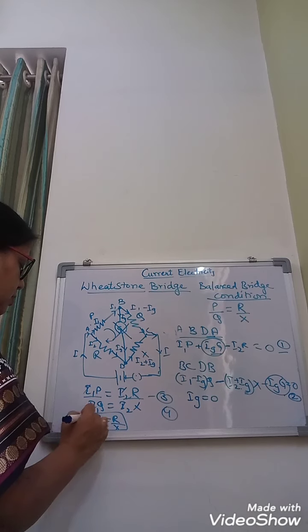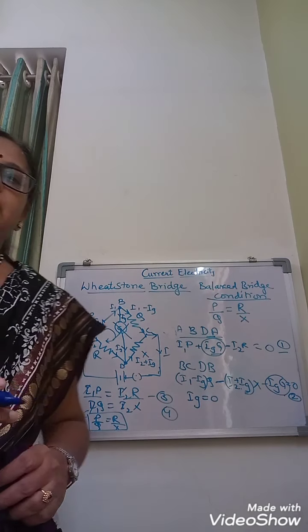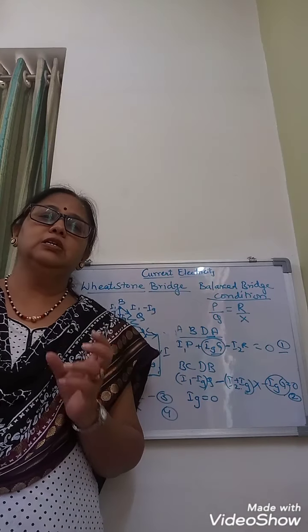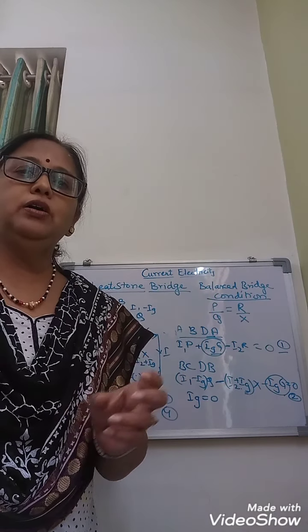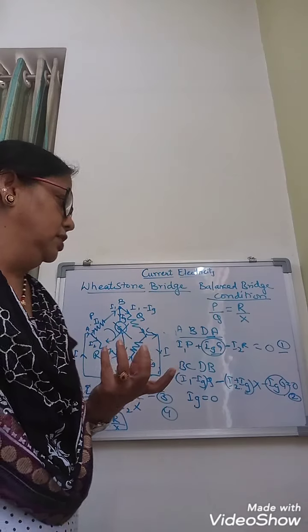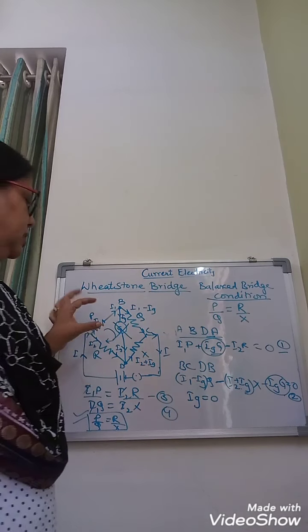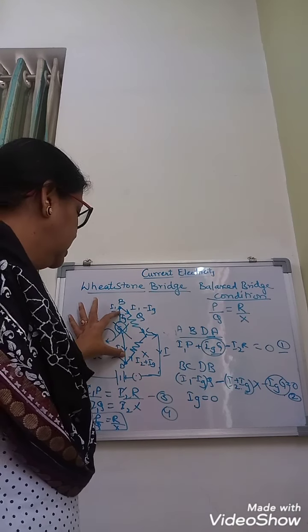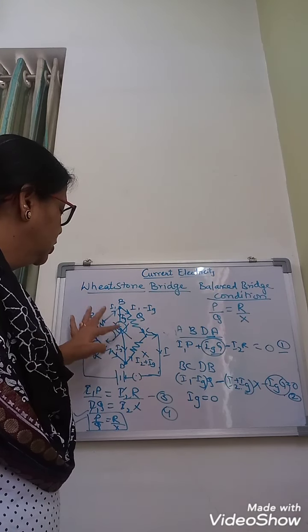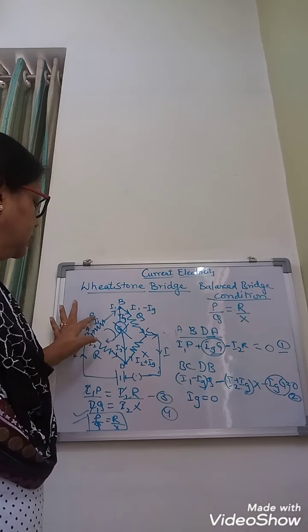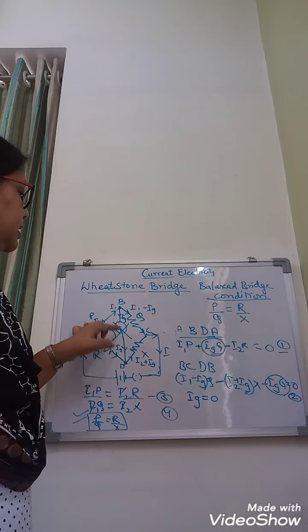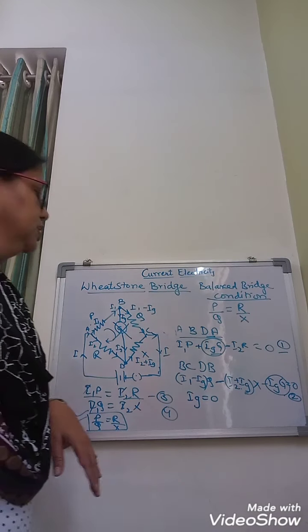This is a very important condition which is asked in the board exam for solving some simple numericals. Even if the numerical looks a bit difficult, it will become simple if this part of the circuit is not existing. If you take this part as 0, then these two resistors come in series, these two come in series, and then you can find the total resistance of the circuit.